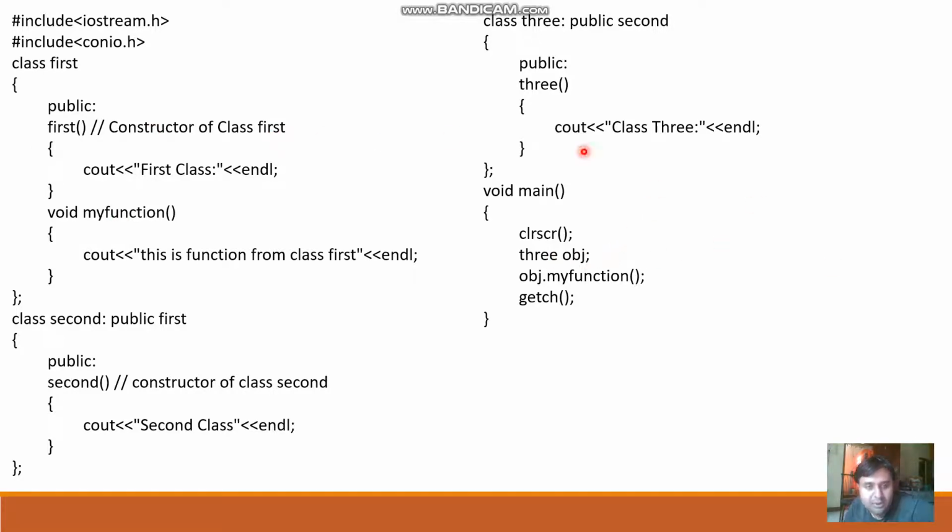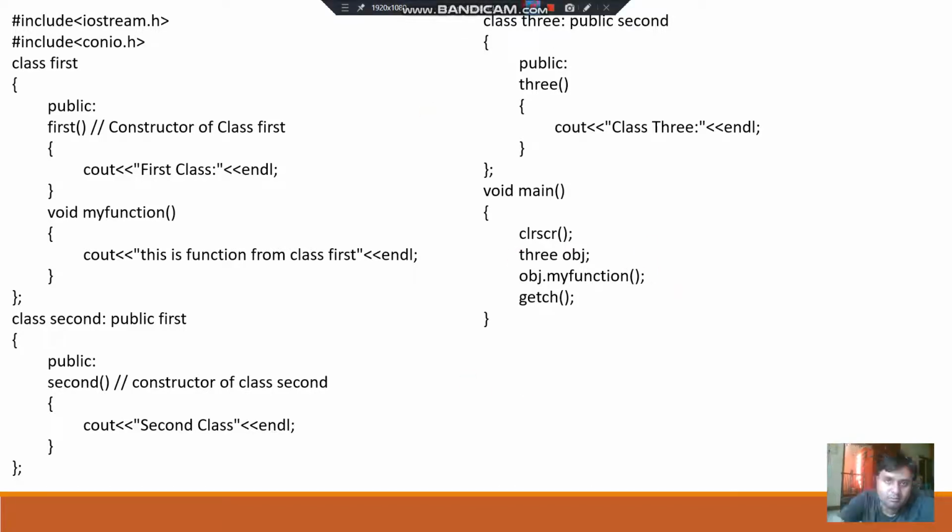As we discussed in the previous video, when we create an object of a derived class, it is going to execute the constructor of the base class also. That means when we execute this program, you will find the output like this: first class, then second class, then class 3. Then it is going to call my function with the help of the object of class 3,